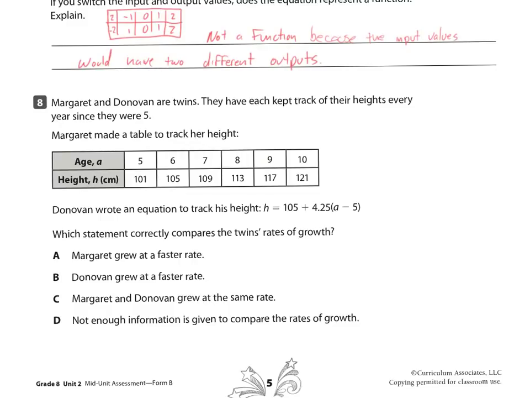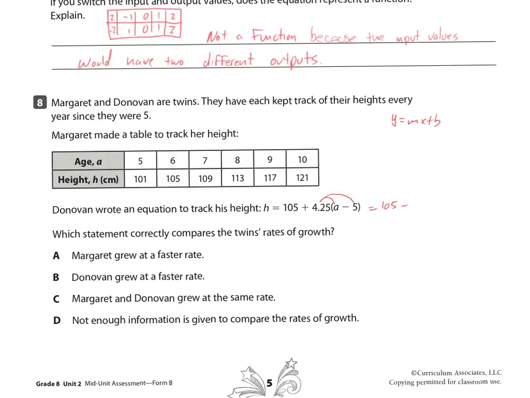So for number 8, what you need to do is compare the slopes, because they're going to tell you which statement compares the rate of growth. For the table, you need to find the slope using the slope formula. For the equation, you need to do a little bit more than that. You know that the equation for a line is y equals mx plus b, but the format that we have right here is not the case. So we need to distribute this, and that's going to give you